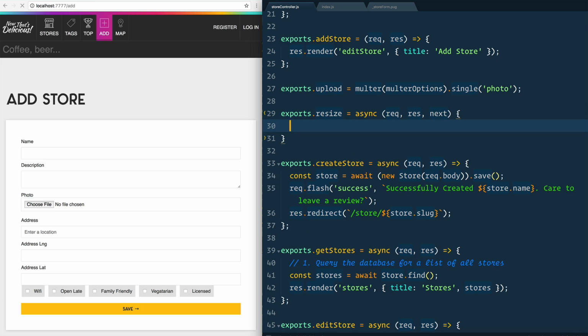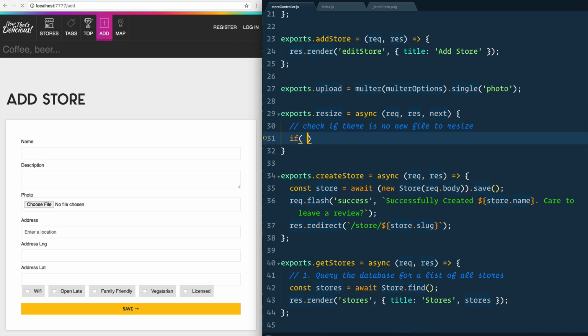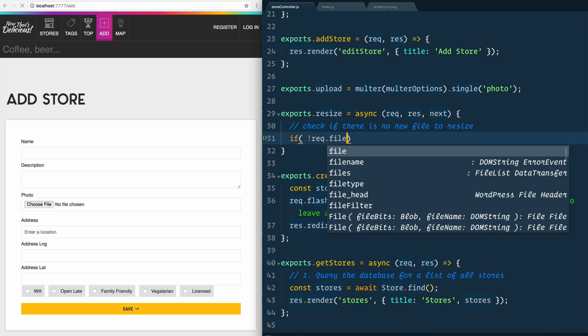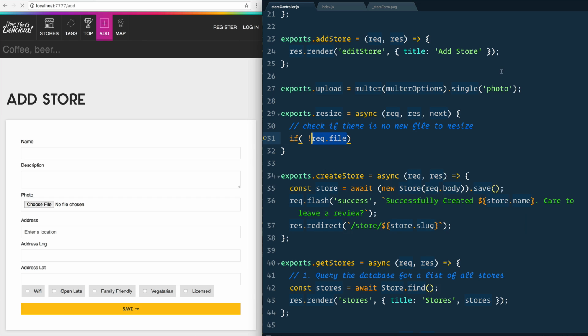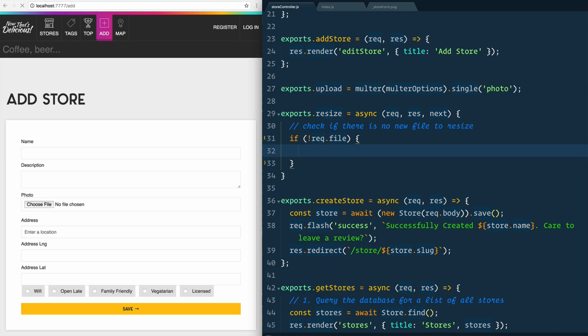Go. Then the first thing we need to do: not every single time that we edit our store are we uploading a new file. And if that is the case, Multer is not going to pass us anything. So we just need to check if there is no new file to resize. If there is no request.file, and it's request.file because Multer will put the actual file onto the file property of the request. That's the whole point of middleware, is somebody that came before you makes and preps some data right for you. So if there is no file, we are simply going to call next, which will skip to the